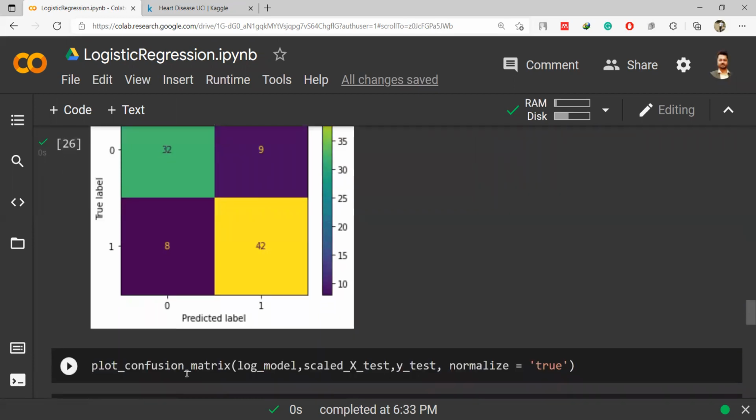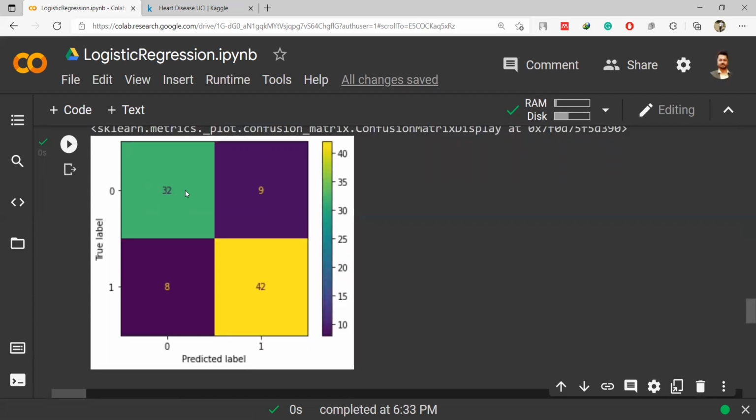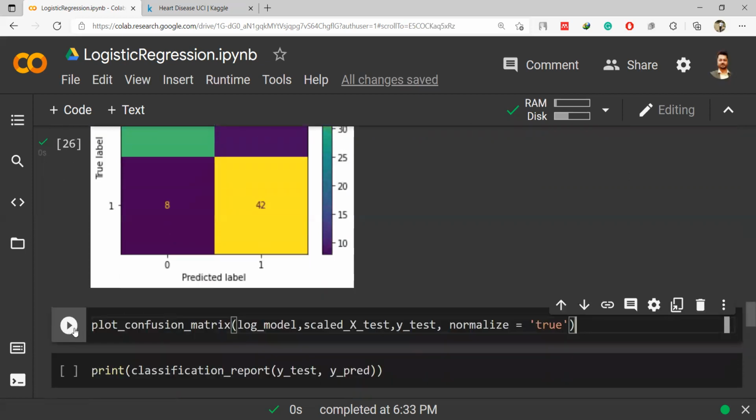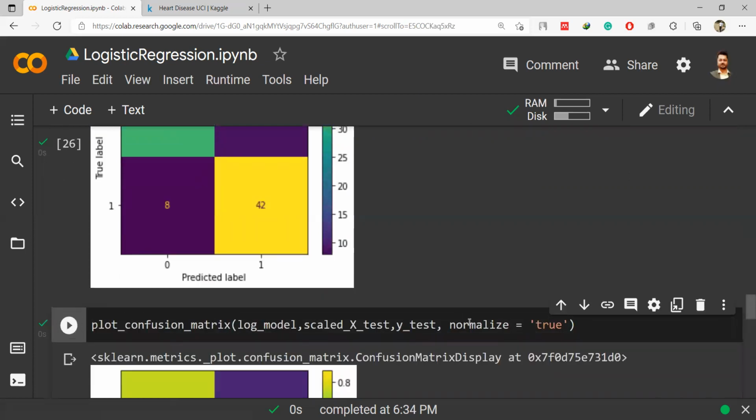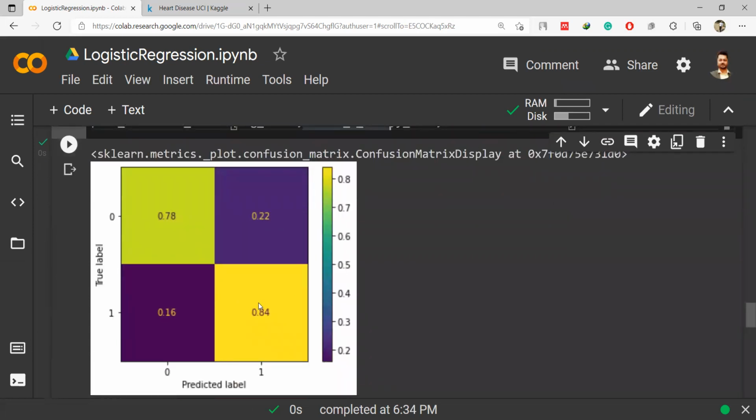Now if I want to do it in a normalized way, the difference is simple: it will give me the percentage rather than these numbers. So if I plot it using normalize equal to true, you will see that the answers are now 0.78, 0.84, 0.16, and 0.22. Obviously 0 being called 0, true negative is 0.78. So 78% of the values are true negative.